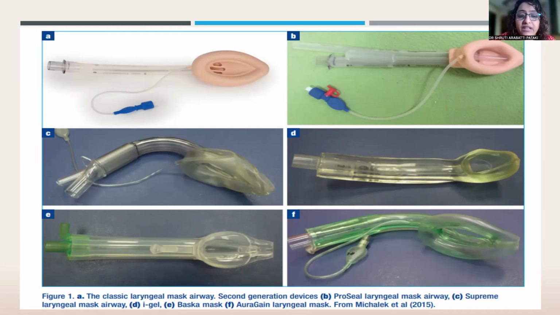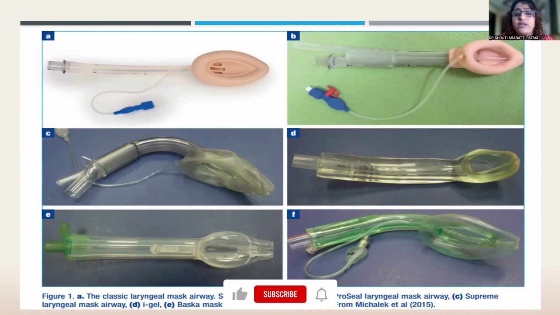The second thing that we can do with the second generation LMAs is you can pass a fiber optic bronchoscope as large as a 5.7 mm fiber optic bronchoscope can be inserted. You can do your procedures. We can have single lung ventilation. You can have a DLT, and all of those things can be actually railroaded eventually once you've put in an LMA, ventilated the patient, stabilized the patient, put in a bronchoscope, then you can thread over whatever tube you want. So all of these things have been made possible with all the newer designs that have come up.